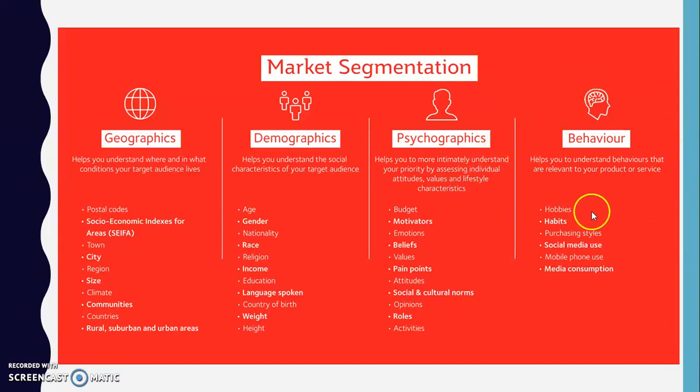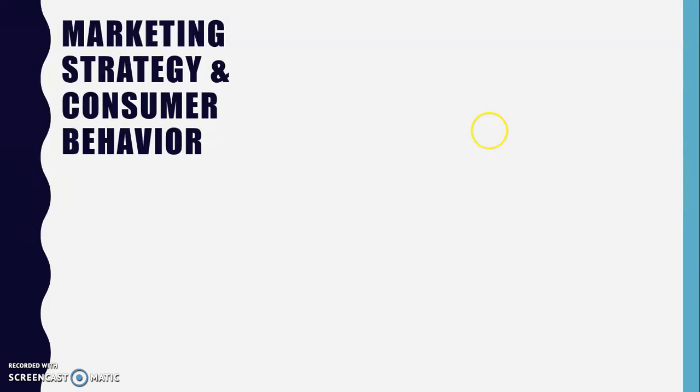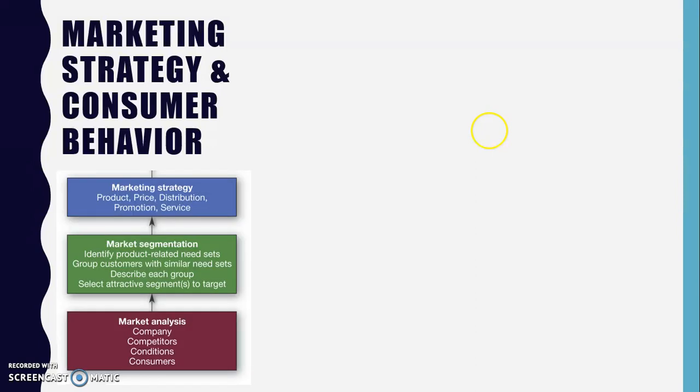And last thing, if we classify our consumer by behavior. Behavior means hobbies, habits, purchasing styles, social media use, mobile phone use, media consumption, and etc. So we move to the third step about